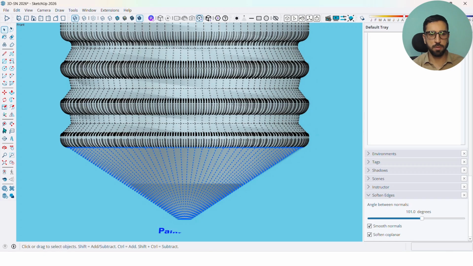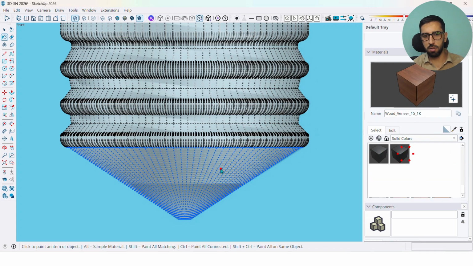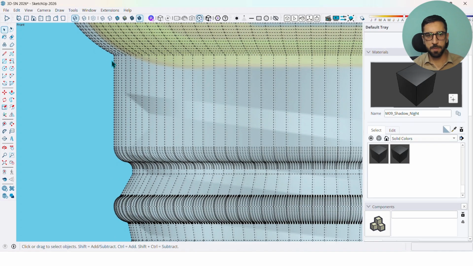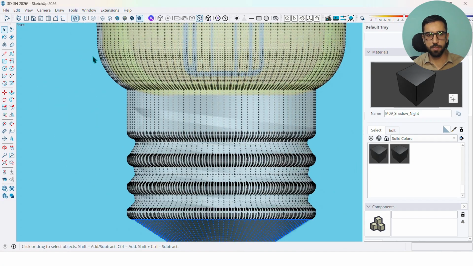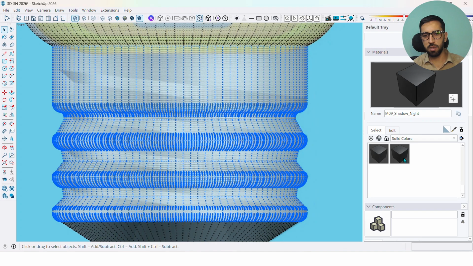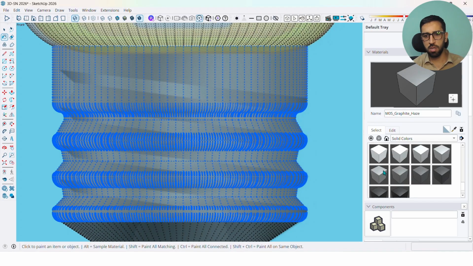Now by paint bucket tool I'm gonna add a dark material, a dark color to this area, and for this area I want to add a silver color like this, and